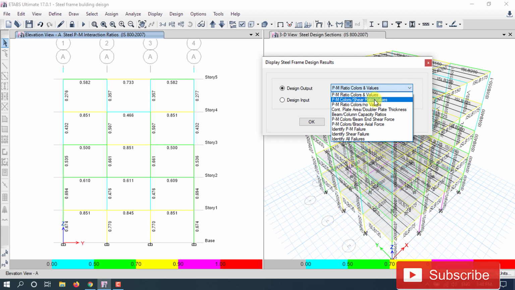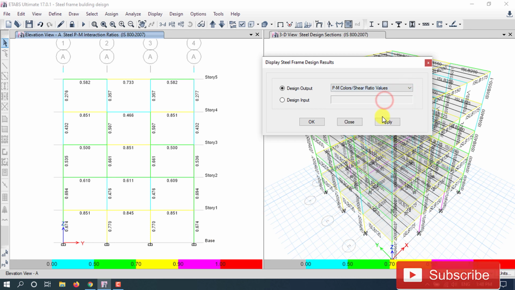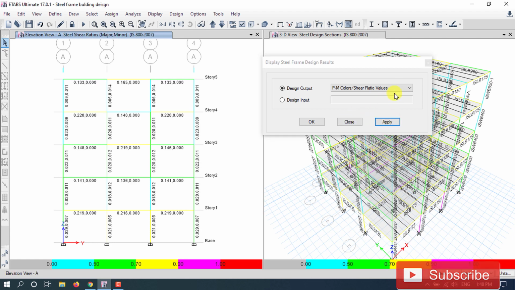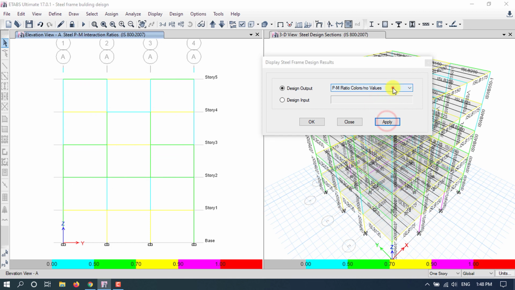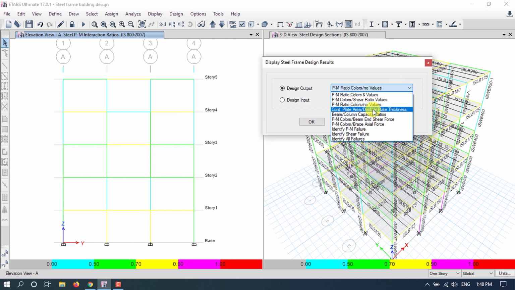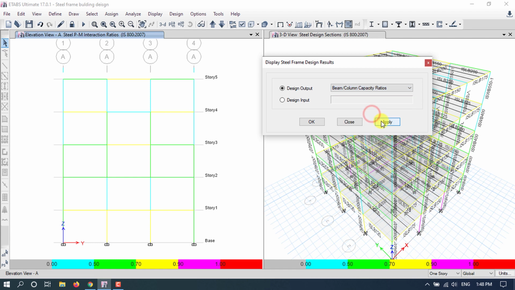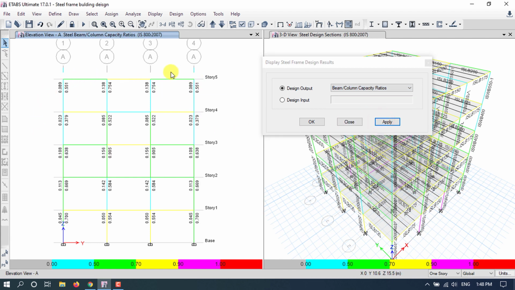And let's check the PM color shear ratio value. For that, click on apply. Okay, let's check the PM ratio for no value, and let's check the beam column capacity ratio. Okay, this value shows the beam column moment capacity ratio, which should be less than 1.